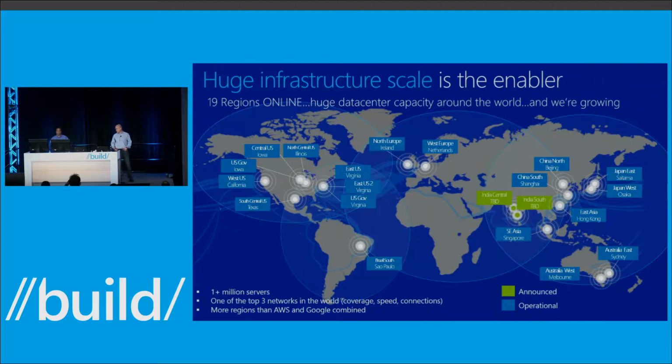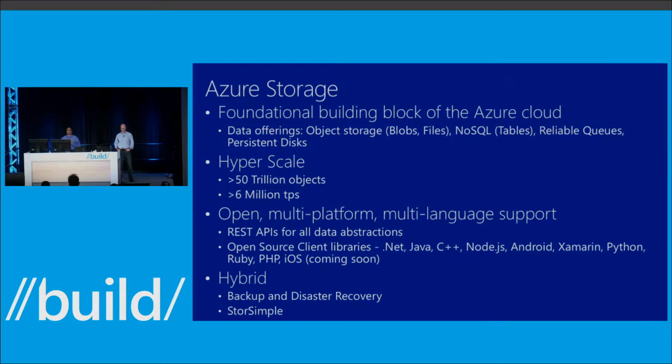on top of it. In terms of our own scale for the storage system, we have well over 50 trillion objects in our system. We do 6 million transactions per second average on our system across the world. And if that's a hard number to wrap your mind around, it's basically 1 billion transactions every 3 minutes, right? That's happening all the time. In the 2 or 3 minutes you heard that video and got to this slide, we've done 1 billion transactions